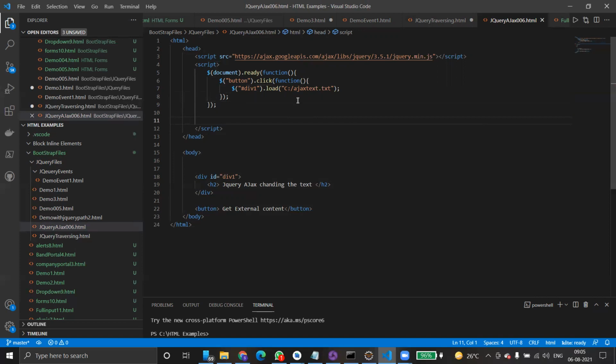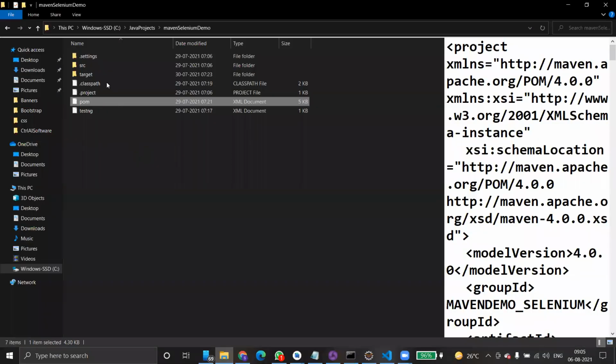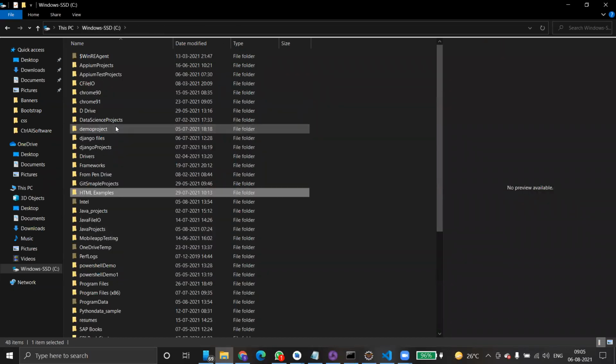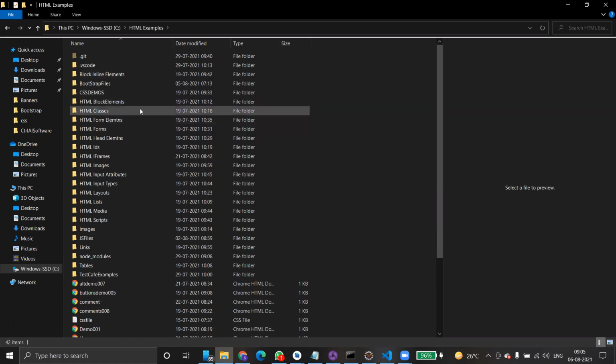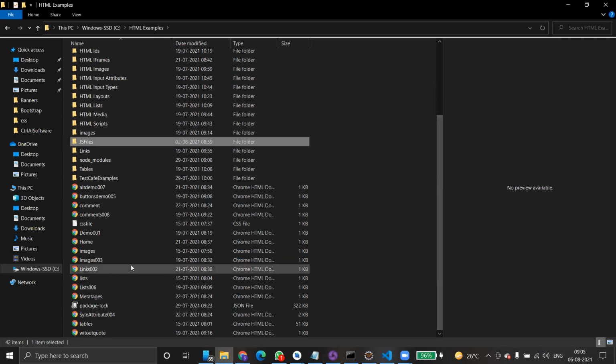First you have to create this text file. Control C. D drive, C drive. Where are our files? HTML, jQuery. I don't know where the jQuery folder is. Fine, we'll create one file.